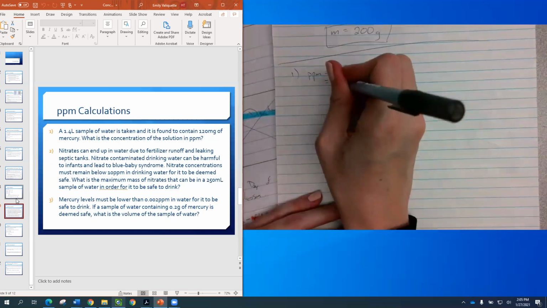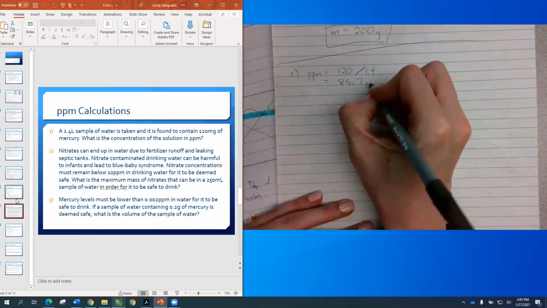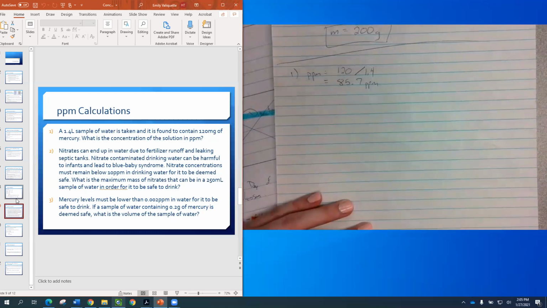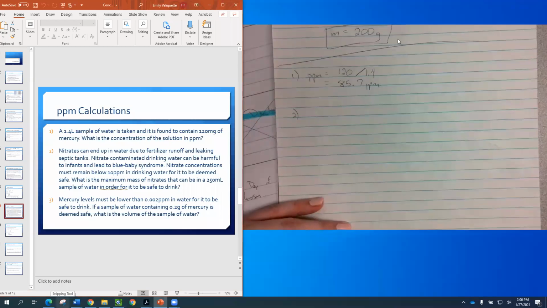And we get 85.7 parts per million. So pause here, try the next two questions on your own, and then come back for the answers. Okay, so the second question says nitrates can end up in water due to fertilizer runoff and leaking